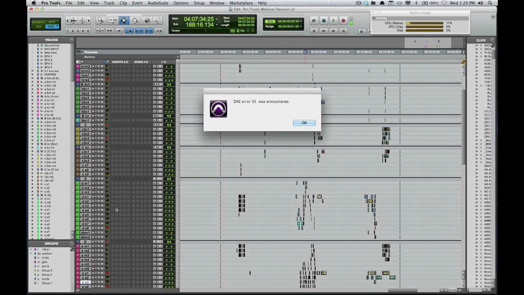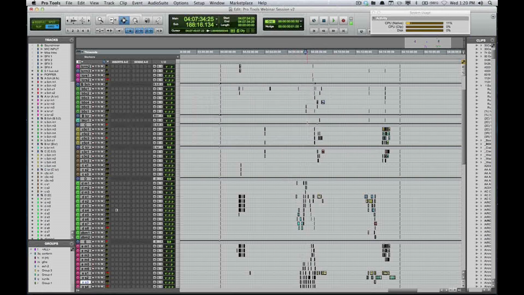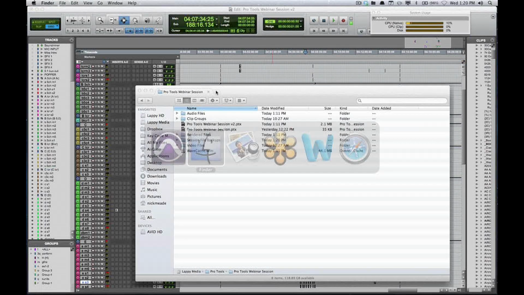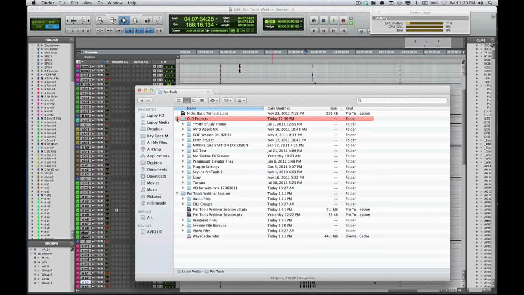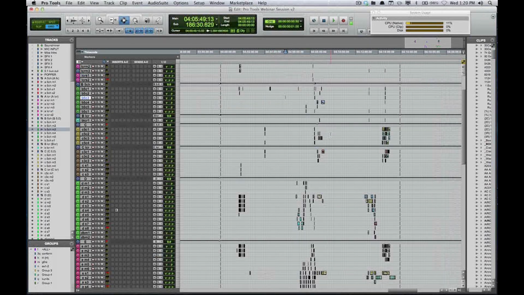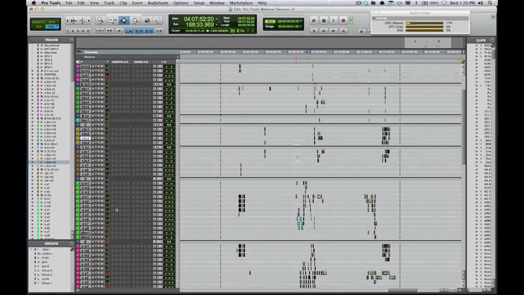And I'm worried about getting that error message again. Yeah, there we go. Hold on real quick, folks. So to show you this right here, I wanted to do a little cleanup, and I moved a bunch of files around. So that's my fault. That's why we're getting that message. So anyway, we won't be doing any more playback on this session.